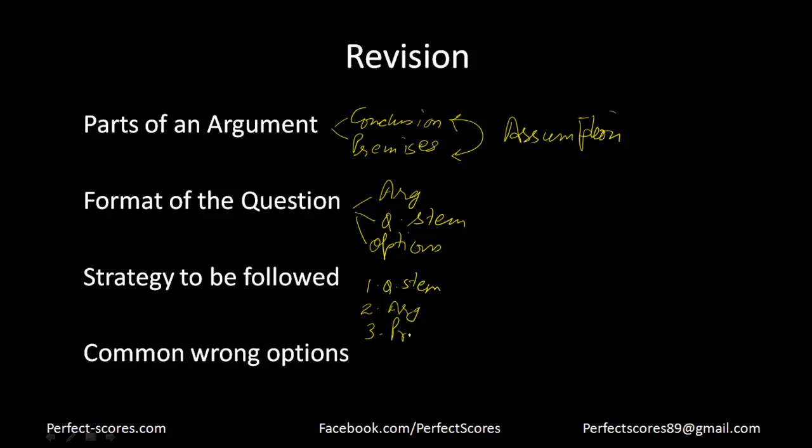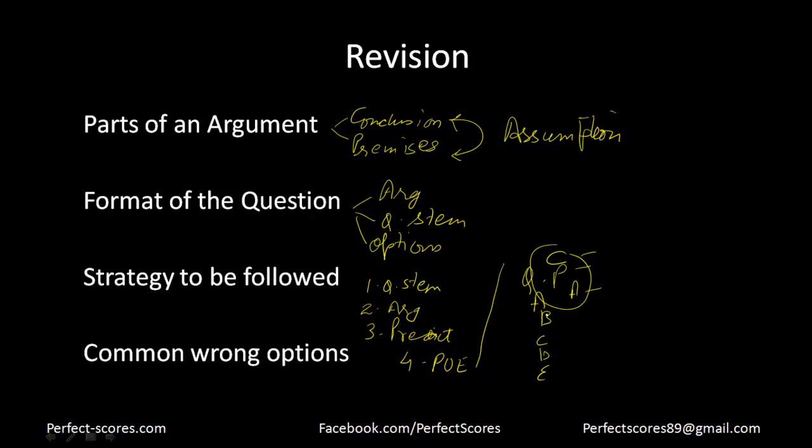The third thing is that you need to predict what your answer will do. In other words, you have to predict your answer, and when you have that prediction in front of you, you have to use the process of elimination. And remember, on your scratch work, either you can have the basic scratch work, just write down the 5 options and do your rough work here, or you can write down the conclusion, the premises, and assumptions here,